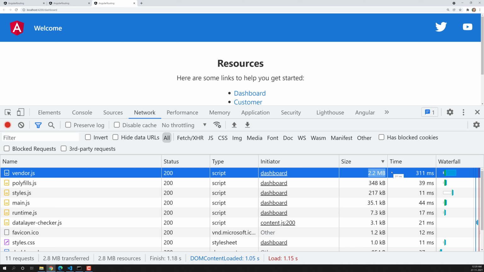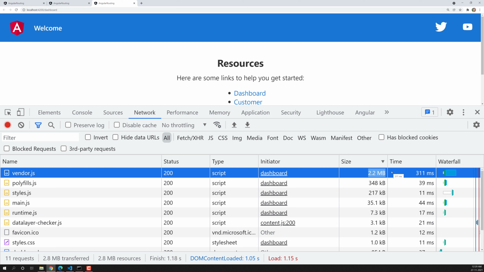Fortunately, we have tools available for Angular. We can check the vendor.js file, what content exists in it, or polyfills or styles, what the contents are and which one is taking how much file size. So we can analyze the build, we can analyze that JS file. The tools are Webpack Bundle Analyzer, and the other one is Source Map Explorer. These are the two tools which I personally use commonly in order to analyze or debug the JS files.